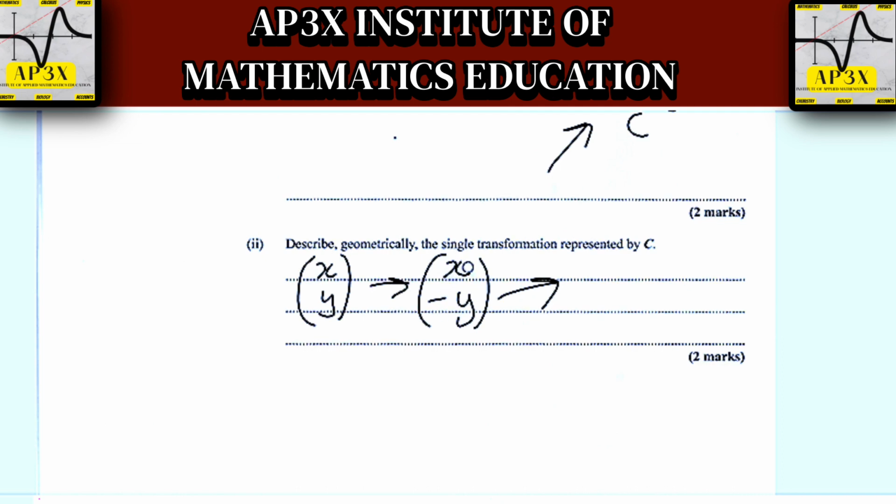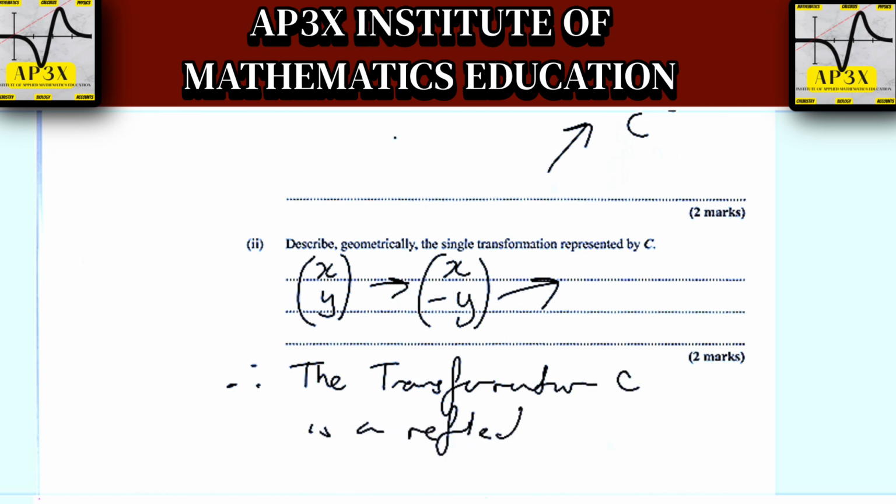Okay, so when the x remains the same and the y changes, this basically is a reflection in the x-axis. So therefore we can safely say that the combined transformation, or let's say the transformation C, is a reflection in the x-axis. Okay, so it's a reflection in the x-axis